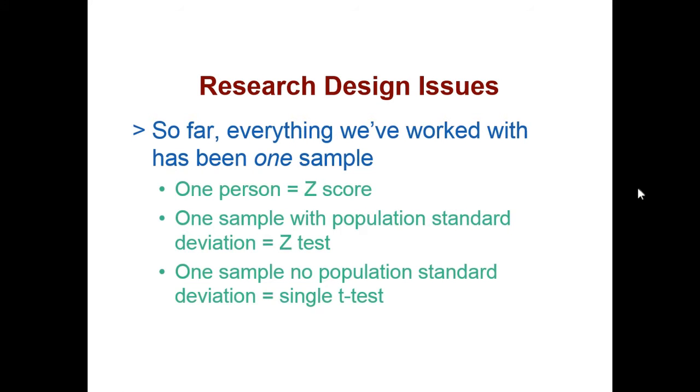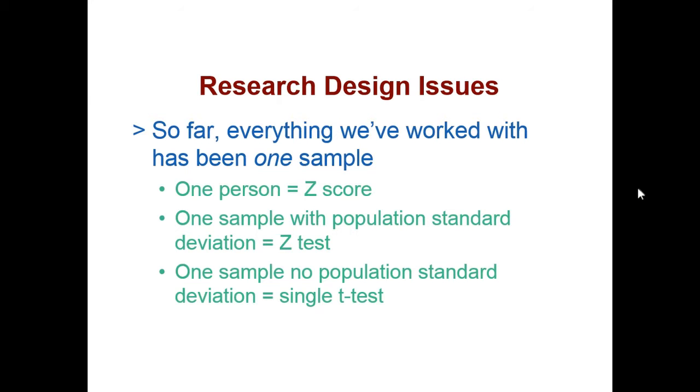So what we did last time, so here's the test type. So when you have a z-score, you have one person. And so for the formula, it's x minus the mean over standard deviation. And then if I have a sample, single sample,